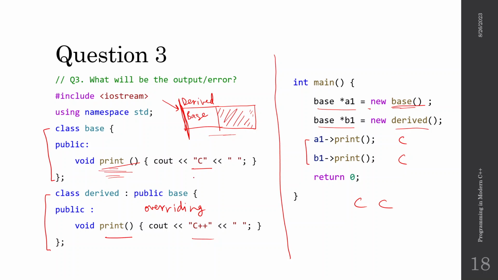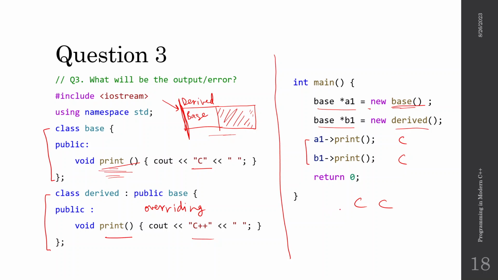Okay. So one question might be that if the base print is called, then wouldn't there be any problem, because the object is actually a derived object? Okay, so